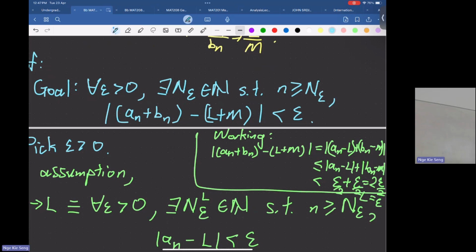To make sure two of these converge, right? They converge at potentially different n, n L and n M. Maybe this one needs to converge for n equals 10, the other one needs to converge for n equals 20. So how do you confirm both of them converge within epsilon over 2? You need to choose the larger one. Let me write down first and then we can discuss more.